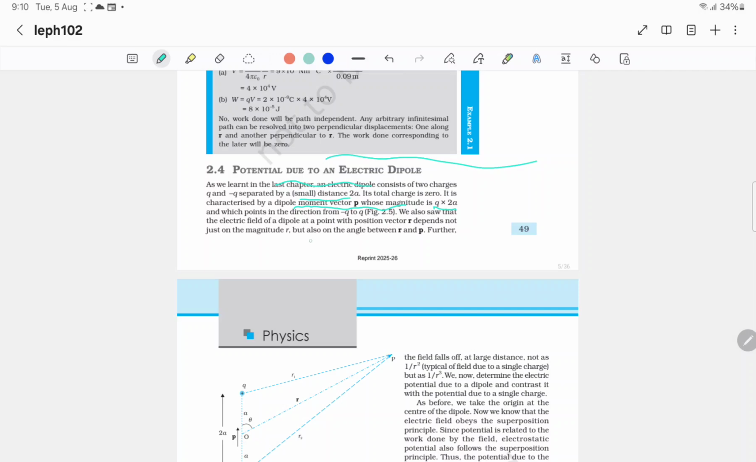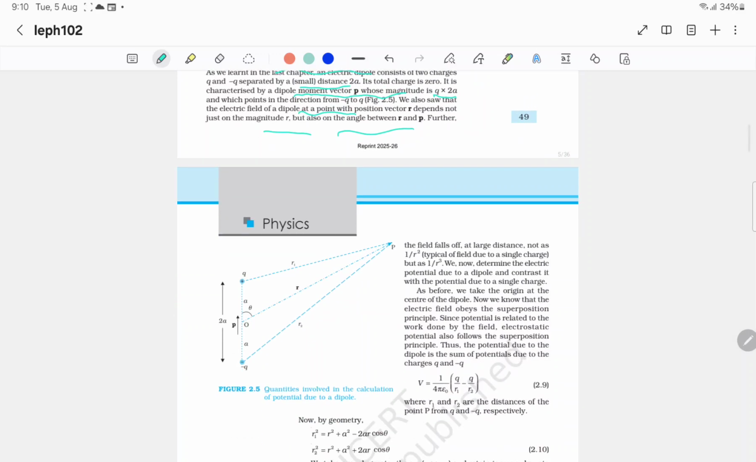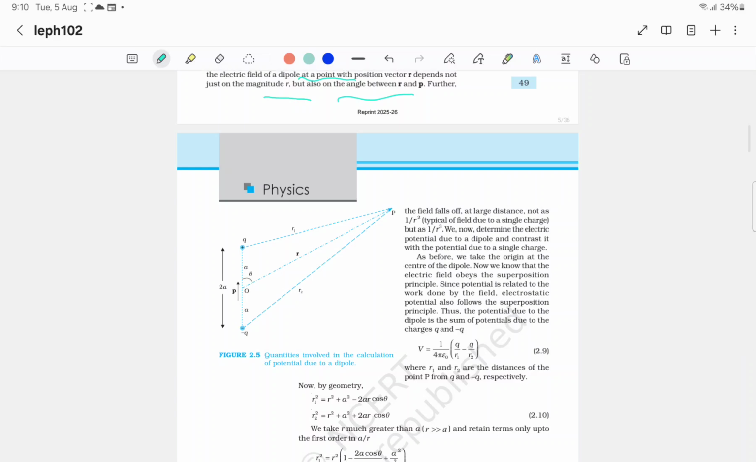We also said that the electric field of a dipole at any point with position vector r depends not just on the magnitude r but also on the angle between r and p. Further, the field falls off at large distance not as 1 by r square, as the field of a single charge does, but as 1 by r cube. We now determine the electric potential due to a dipole and contrast it with the potential due to a single